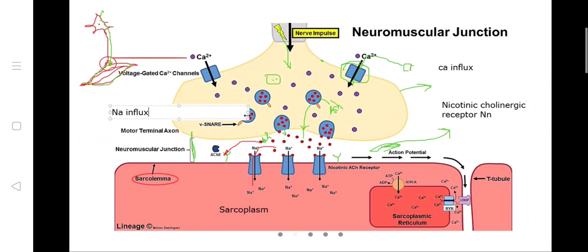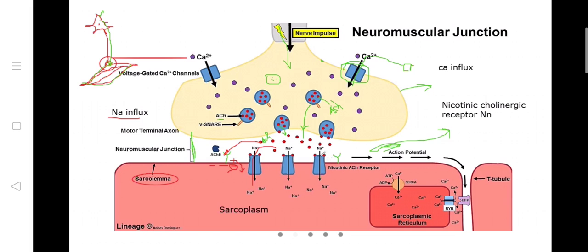In the previous class, I told you how membrane depolarization occurs. When sodium from the outside comes inside, what will happen? Normally, the inside of the cell is negative. That is, it is in the polarized state, and outside is positive. Now the positive charges, that is sodium ions, are coming inside. So the negativity inside will decrease, and the membrane will go from the polarized state to the depolarized state. So influx of sodium will lead to depolarization.